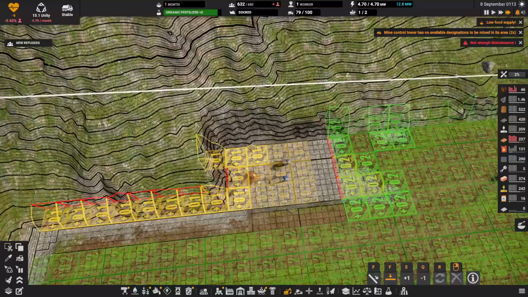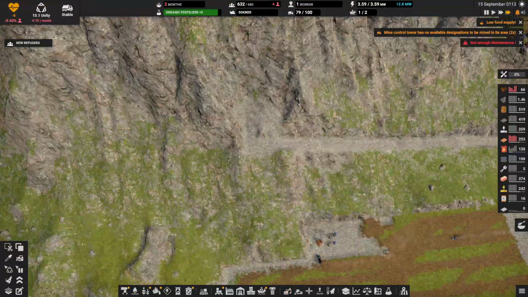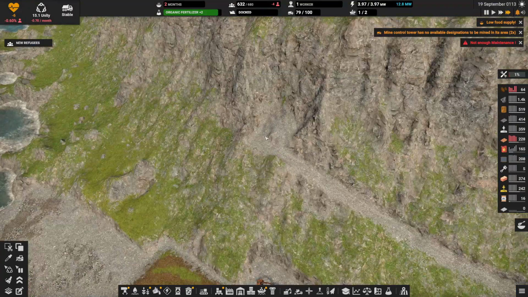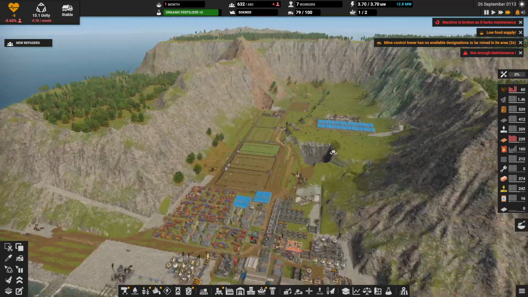I also think, just to be mean, I should probably priority dig all the way along there, just so I know how bad of a collapse this is going to be, so I can start working on this particular route again as soon as possible to get up to this big open stretch over here. Because honestly,